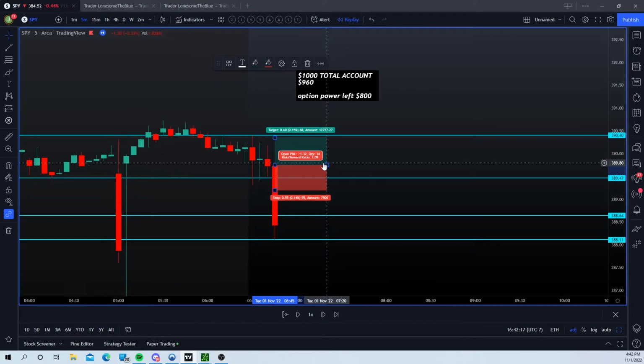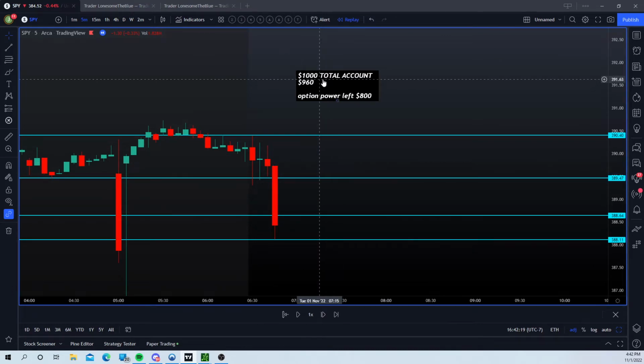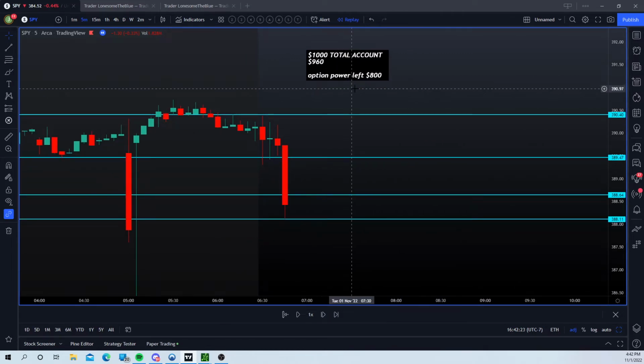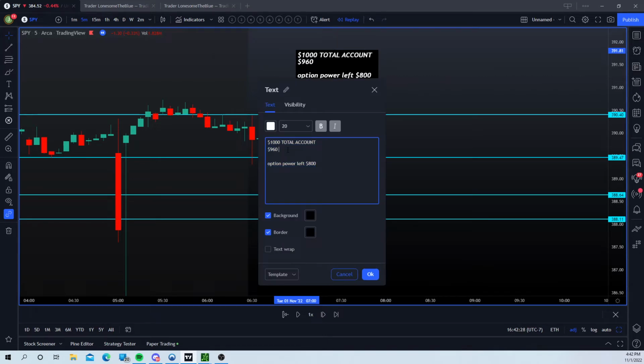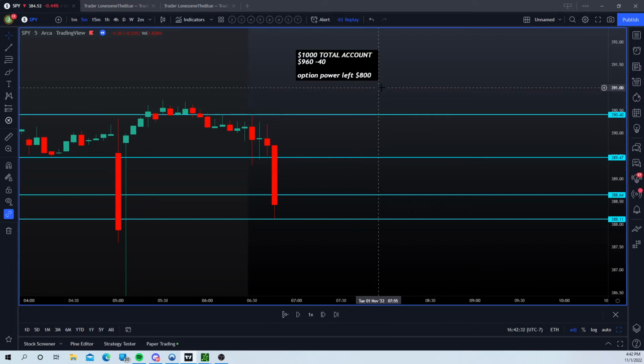See what I mean? So you're using your portfolio. So now you still have 960 bucks left. You lost $40 on the day with a good stop loss. You only have $800 left. We lost 40 already, but we still have more than 8 chances of trading, right?